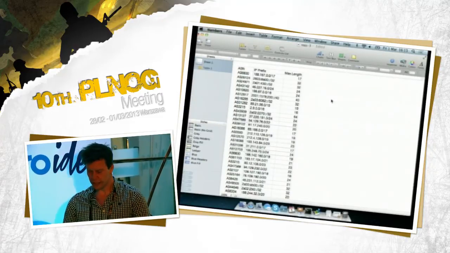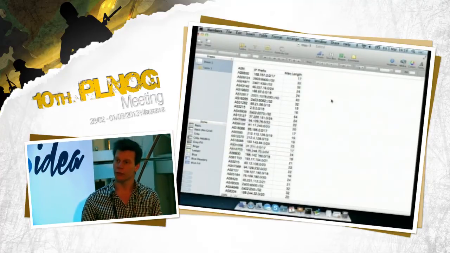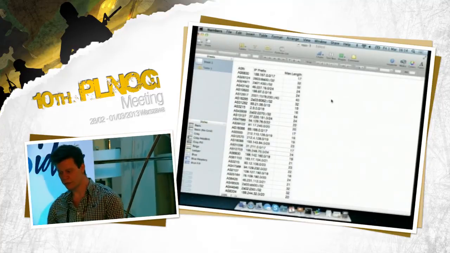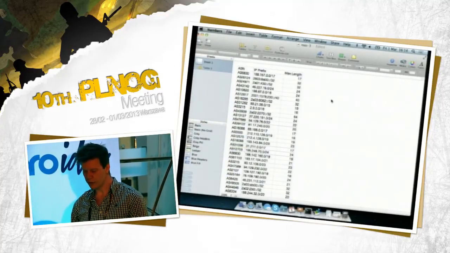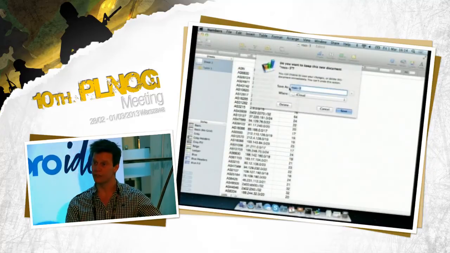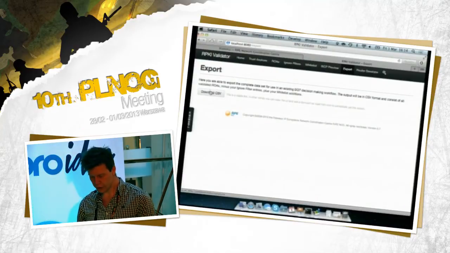So the thing is that this is a static link. So you can just use a cron job and wget to get it, and then process it in your router configuration. But if you have an RPKI-capable router, you can set it up so it talks to this validation service and fetches it directly. Now, in order to show that to you,